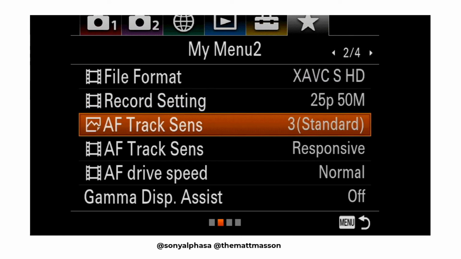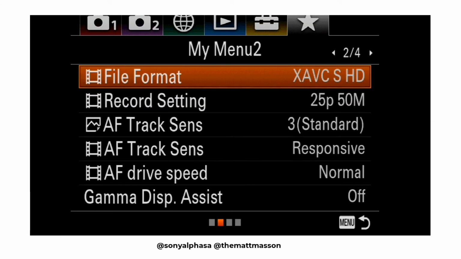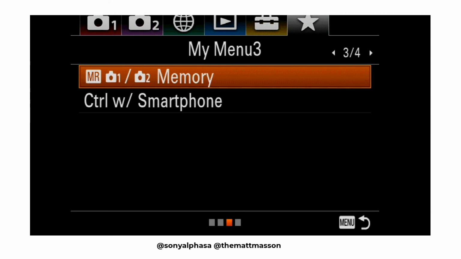The My Menu 2 is what I've set up here for video. So this is specifically to change video settings if I need to. I don't want to have to dig through menus, so I can do it quickly here. And this here, M1 and M2 memory, lets me recall and program specific settings into specific numbers on my